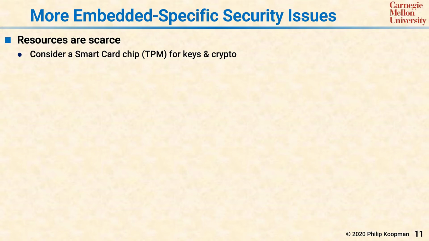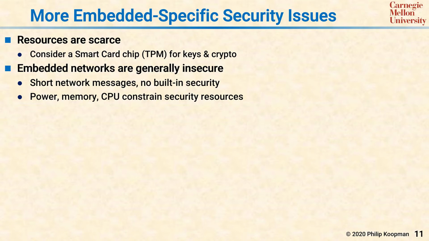Embedded networks are generally insecure. Most embedded network protocols were designed in an era where security just was not an issue because it was assumed the embedded system would be isolated from the internet, or the protocol was designed before there even was really an internet. They typically have short network messages for efficiency, no built-in security, and retrofitting security is not straightforward. There are power, memory, and CPU constraints that really make things difficult. Nonetheless, you'll still have to use the embedded network, so you need to think hard about how you plan to